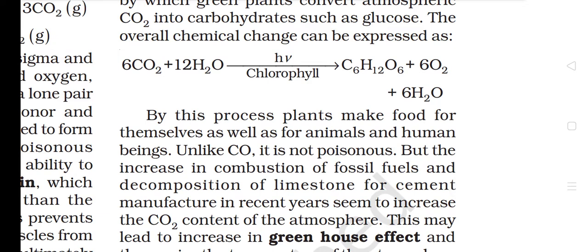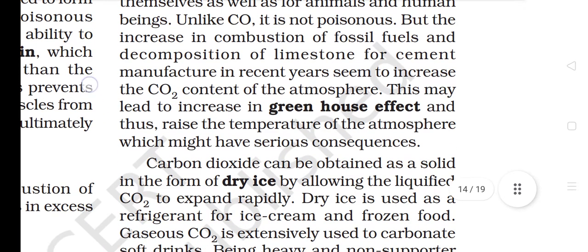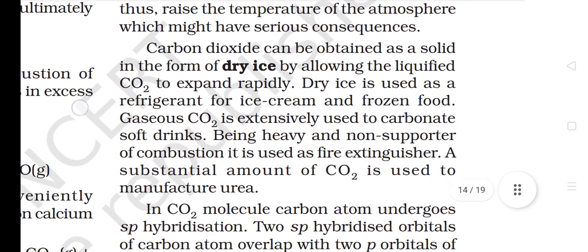animals and human beings. Unlike CO, it is not poisonous, but the increase in combustion of fossil fuels and decomposition of limestone for cement manufacture in recent years seem to increase the CO2 content of the atmosphere. This may lead to increase in greenhouse effect and thus raise the temperature of the atmosphere, which might have serious consequences. Carbon dioxide can be obtained as a solid in the form of dry ice by allowing the liquefied CO2